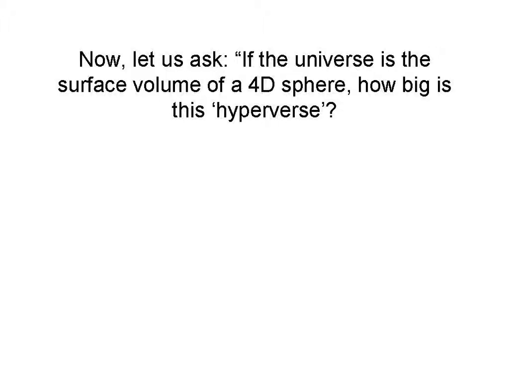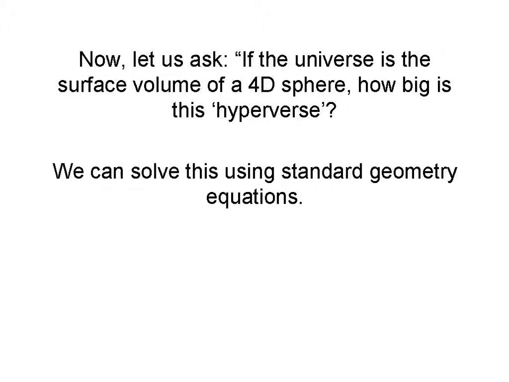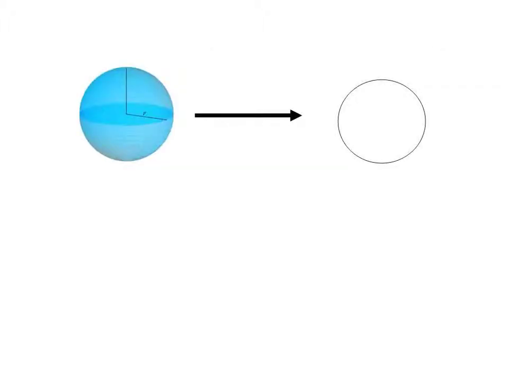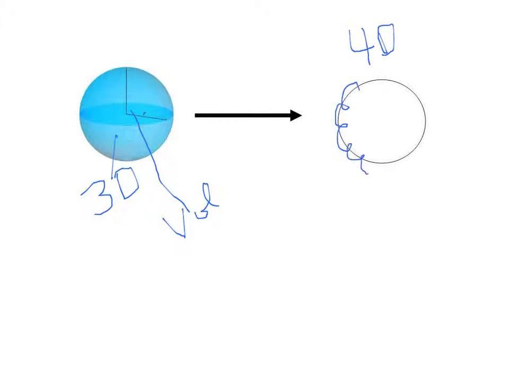Now, let us ask, if the universe is the surface volume of a 4D sphere, how big is it? How big is the hyperverse? And we can solve this using standard geometry equations. So what we want to do is take a 3D sphere and look at the volume of that sphere and find a 4D sphere whose surface volume, which is also 3D, equals that